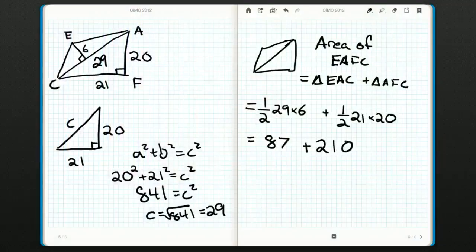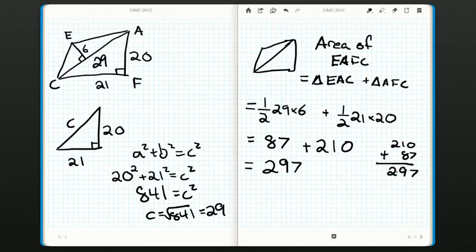And if we're still not confident, we could add these up, but we can just add them by hand as well. 297. So if we wanted to do it by hand, we bring it over here. 0 plus 7, 7. 1 plus 8, 9. And then the 2. So no carrying at all. Didn't have to carry any 1s or 2s. And we got our final answer of 297. So we get the area of the quadrilateral